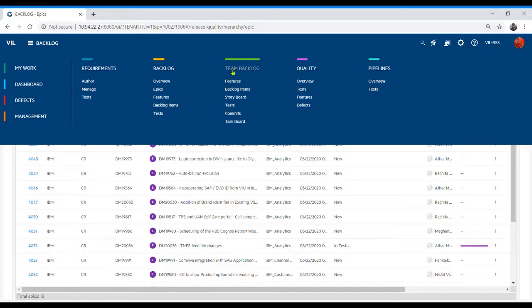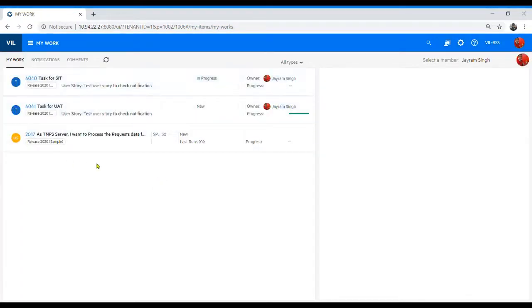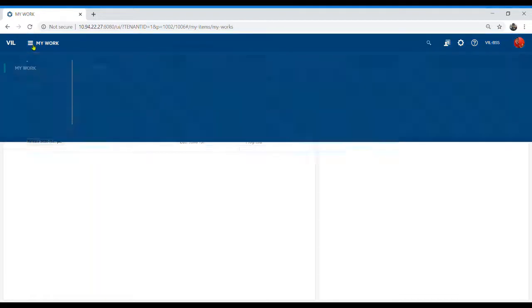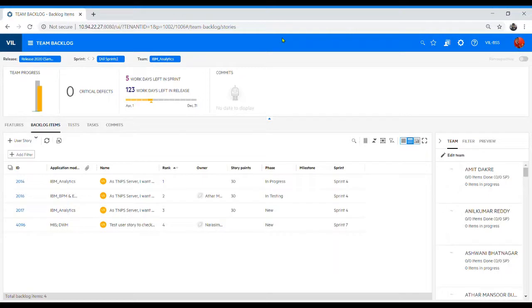So basically, if you want to track it, this is the My Work area, where currently it's empty because I'm setting these many tasks. So I'll tell you how to add those tasks over here, how to track them, and you can find the My Work link here, this one. So quickly, if you are anywhere, whether in a team backlog or backlog, you can directly jump to the My Work area. And then let me show you quickly how to set those things.